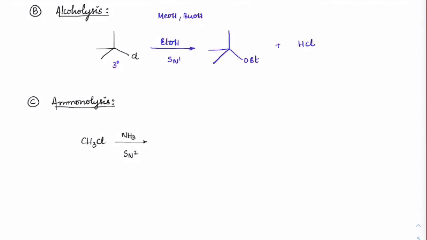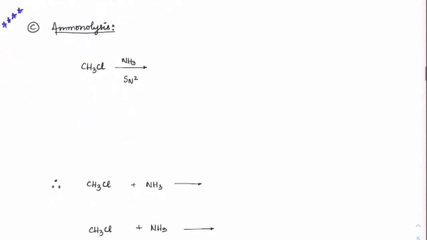Next, ammonolysis. This is a very important area. You will come across this multiple times from now. A solvolysis by ammonia is called ammonolysis. Check this. CH3Cl, when you treat with ammonia, goes for the SN2 mechanism, not SN1 here. Remember, it is SN2. CH3NH2. First SN2, where ammonia has attacked as a nucleophile and chlorine has left at the same time. It's a concerted step. So this plus HCl is what has formed.